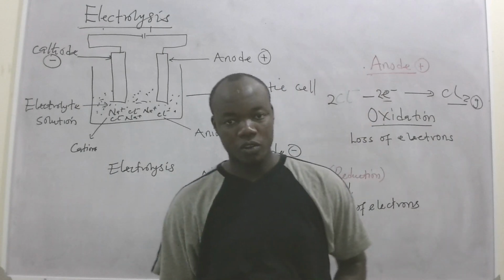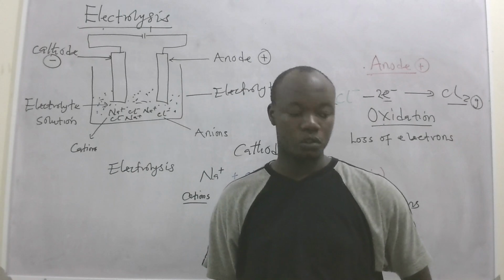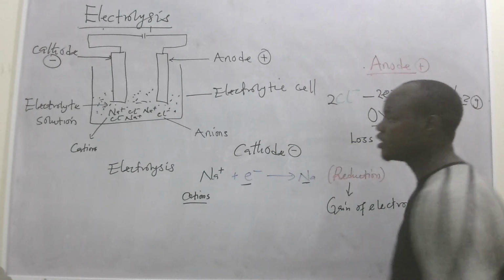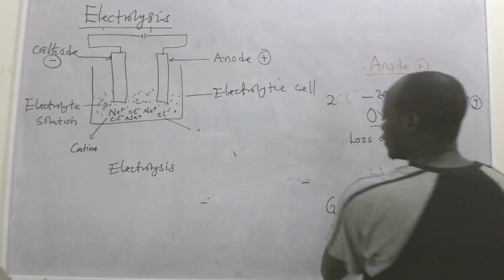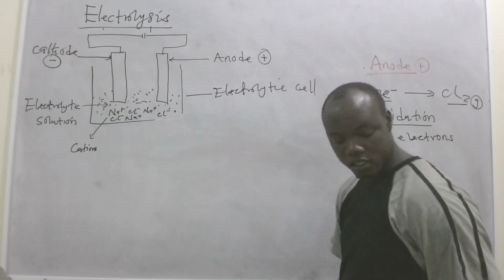So now the next thing that we are going to look at is the factors that affect the differential discharge of ions during electrolysis. Like for example, what are we seeing now? Let's see. Of course, during electrolysis, like for example, let's see you have